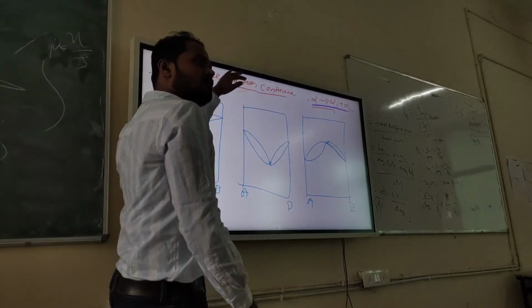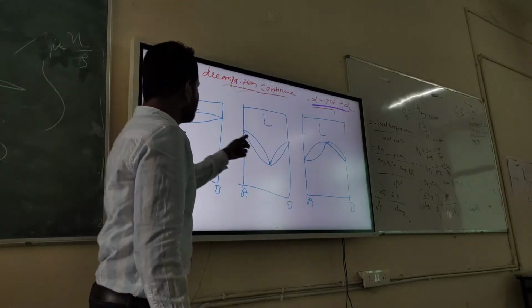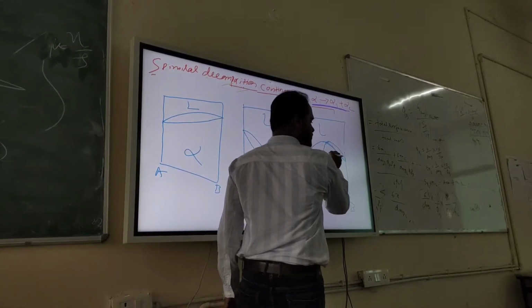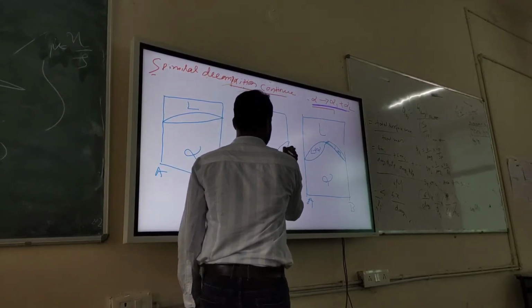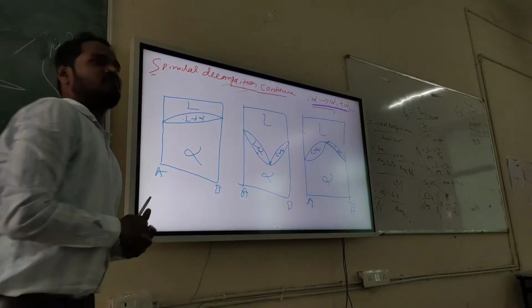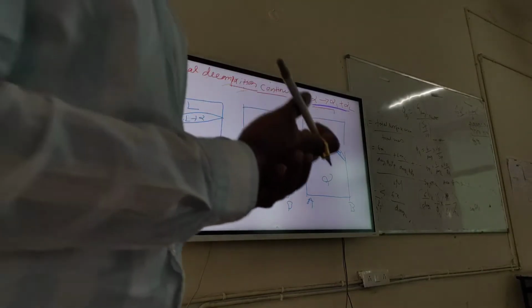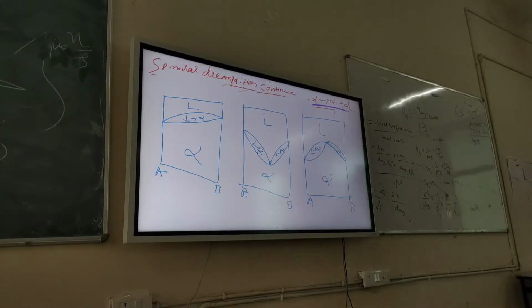You remember the top part is always liquid, and these regions are two phase regions, right? This is alpha, this is alpha, this is alpha, and this is a two phase region, liquid plus alpha. This is also, and this is also. Now you tell me in which case delta H mix is 0, in which case delta H mix is positive, in which case delta H mix is negative. If I prepare the question, I will give a question like this. I told you three situations. Delta H mix may be 0, it may be positive, it may be negative.